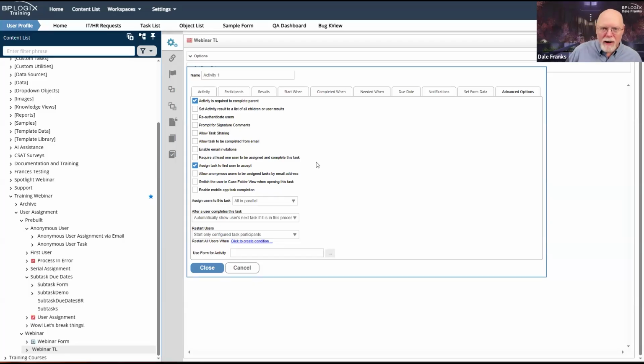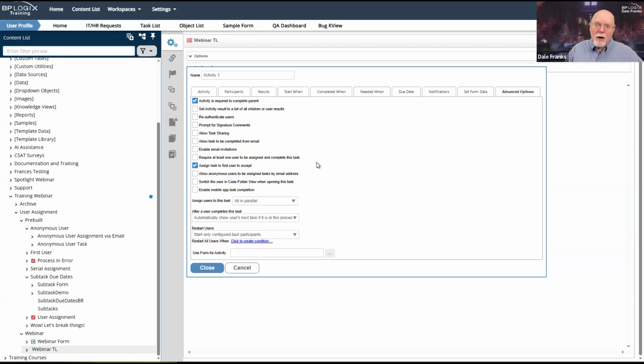They all drop off, and the person who accepted the task now becomes the only task assignee for that task. They're the only person that needs to complete it. So this is a relatively common thing that is done where I've got a group of HR clerks who process leave requests and change of name requests and so on. And so I just assign the task to all 10 of them. Whoever has time will just pop it open, accept the task, and they'll be the one who does the processing.